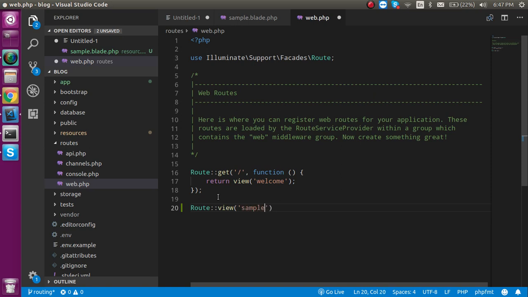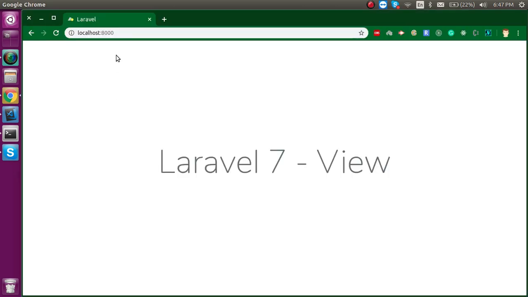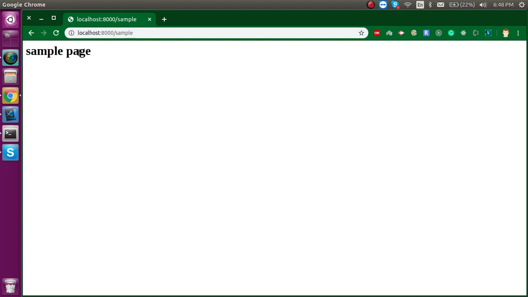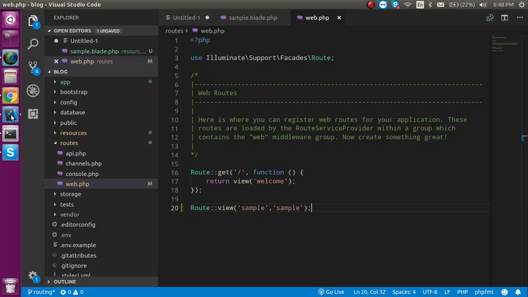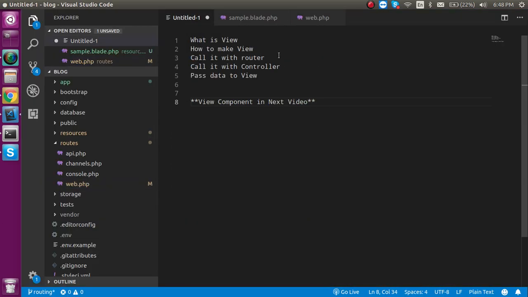Let's say this is sample, and now put your view name. This is also sample, and you do not need to put blade.php, just put sample. And after that put a slash and write sample. Now you can see that you got this page. Right, so we completed the three points.